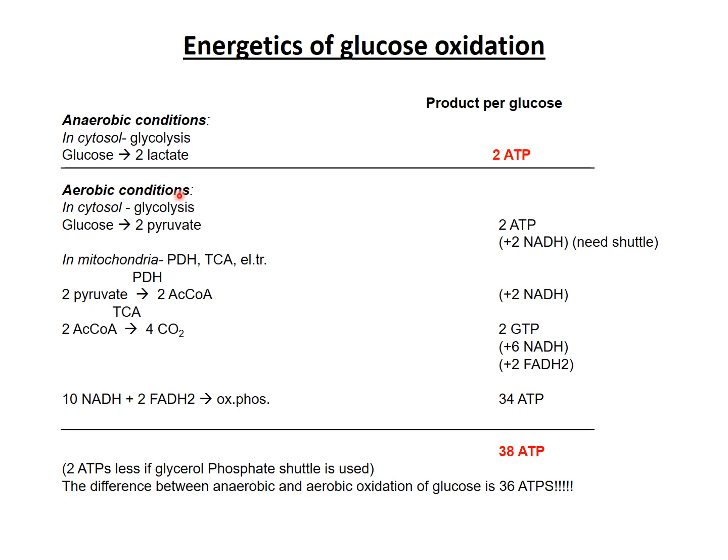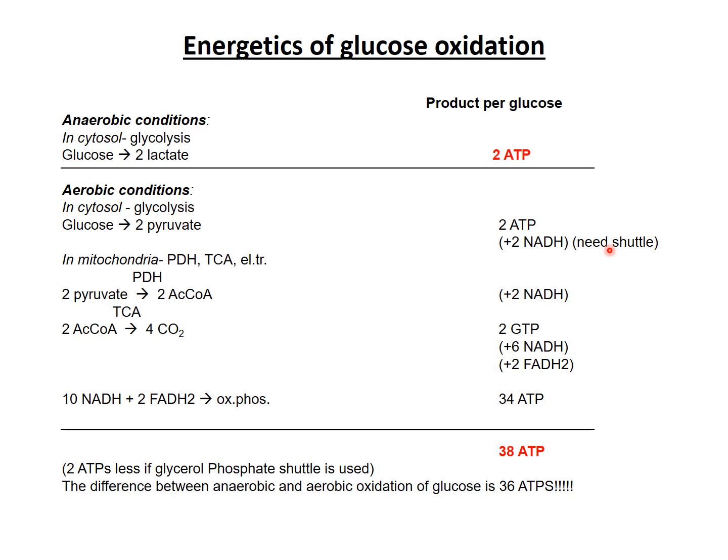If we go under aerobic conditions, of course, the 2 ATPs will be produced, but because we stop at pyruvate, which will go to the mitochondria, 2 NADHs will be also produced. Please note, we are calculating everything back to glucose. These 2 NADHs need shuttles to put the reducing equivalent